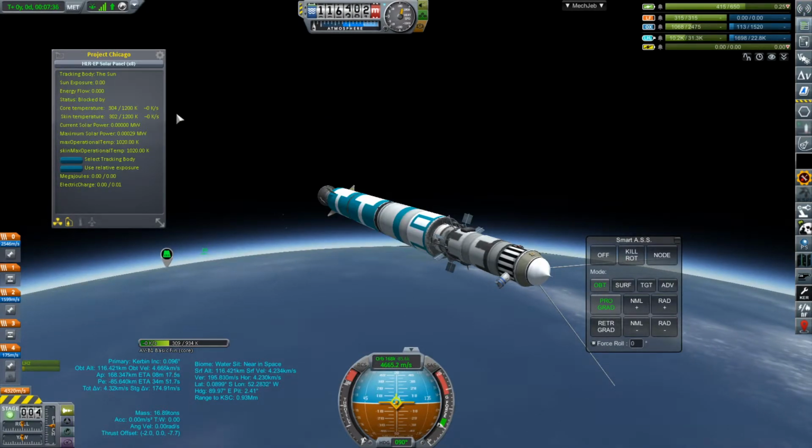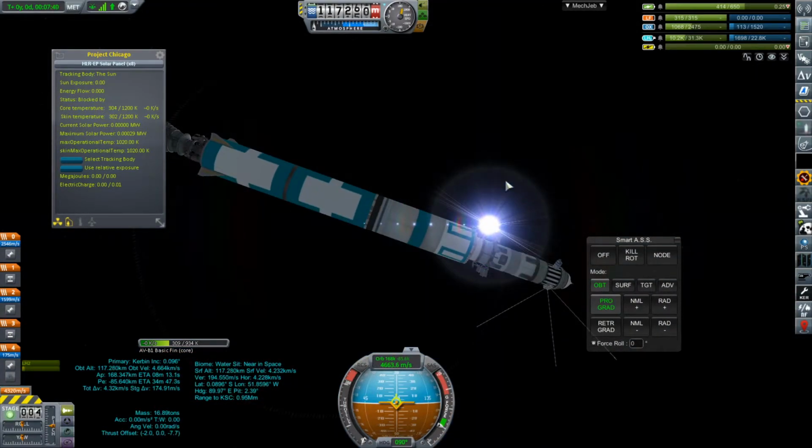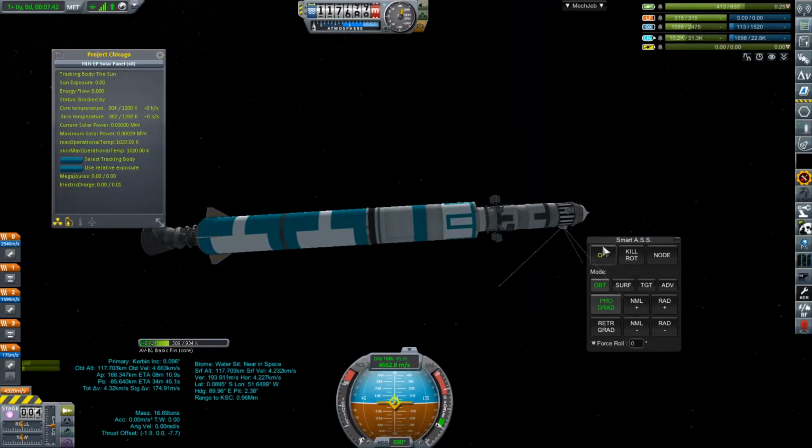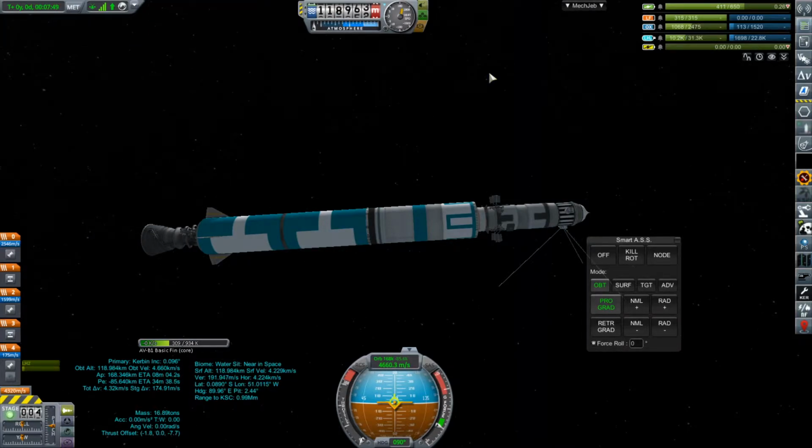Okay, we're not getting very much solar energy in this orientation, because you notice the sun is almost directly above. I wonder if I shut that off. No, we still don't get much out of it. Okay, let's go ahead and go...